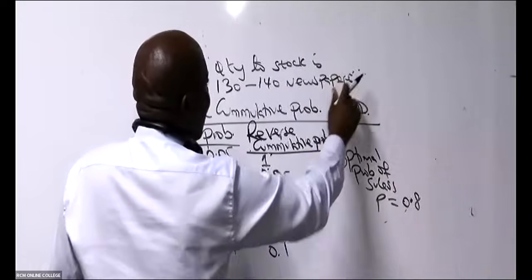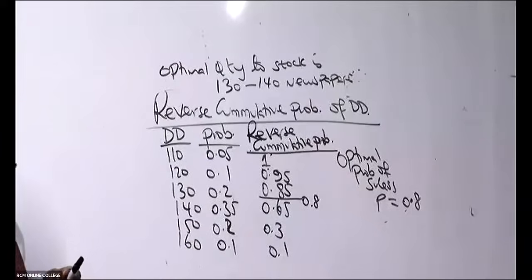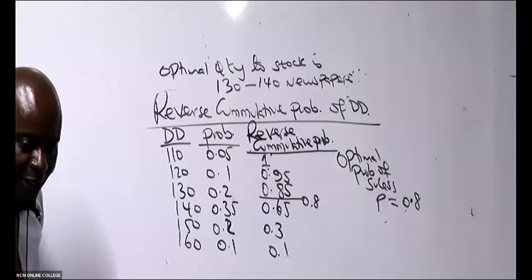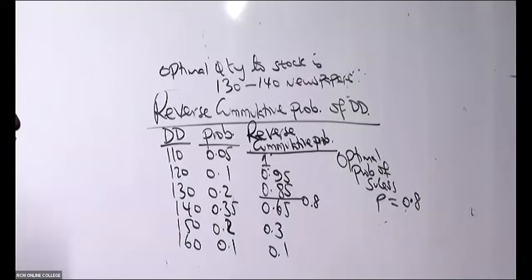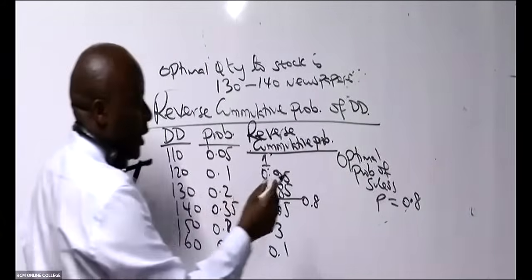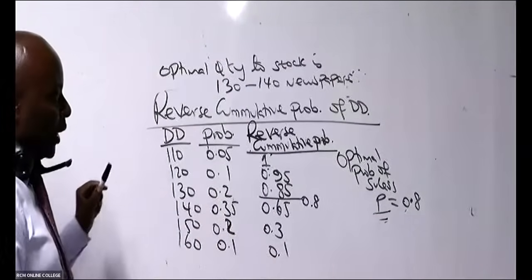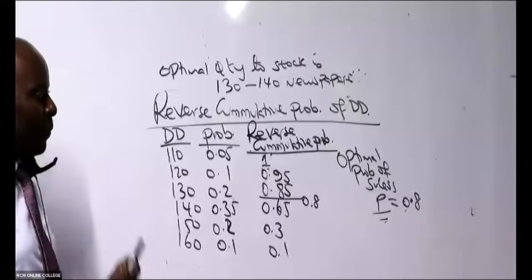But you see, now they want the exact number. They want you to interpolate. Is there anybody here who will be able to interpolate this for us? There's a formula we used. If you don't mind, maybe I finish doing the entire question, then I repeat. No worries, I can repeat.